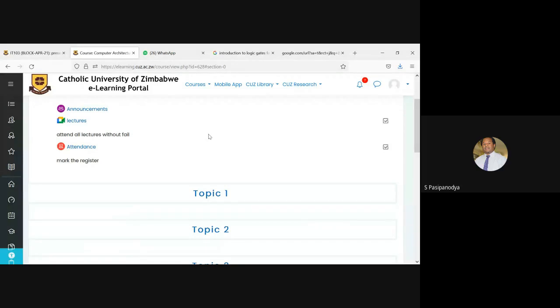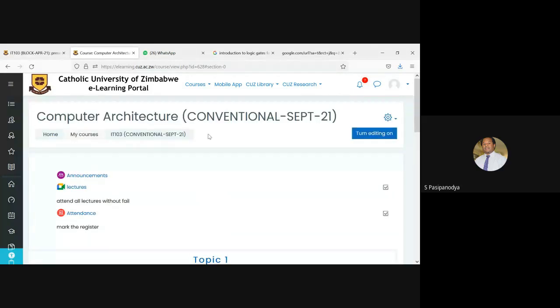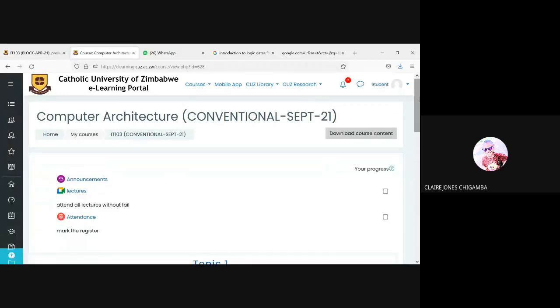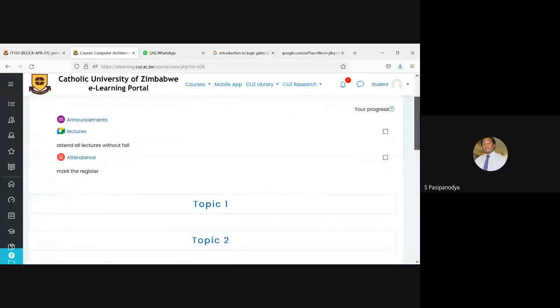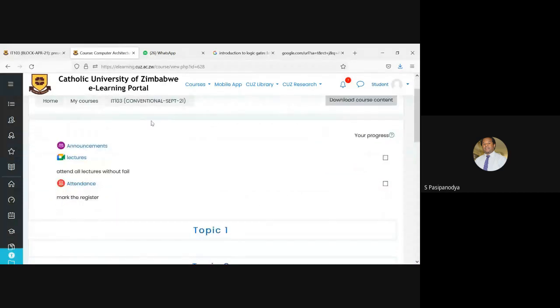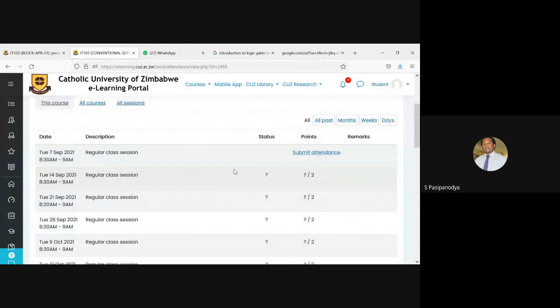Is my screen visible? Yes, it's visible. Yes, sir. So when you log into your Moodle, this is what you will see. This is what we call the general section, where you have your announcements, your lecture link, and your attendance register. So all you need to do is click on attendance, and there will be a